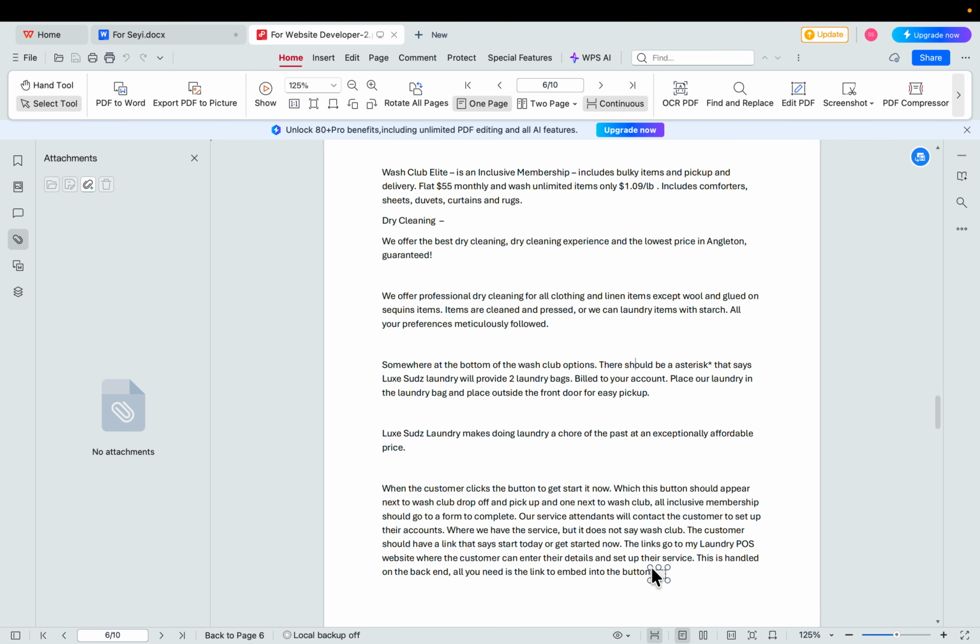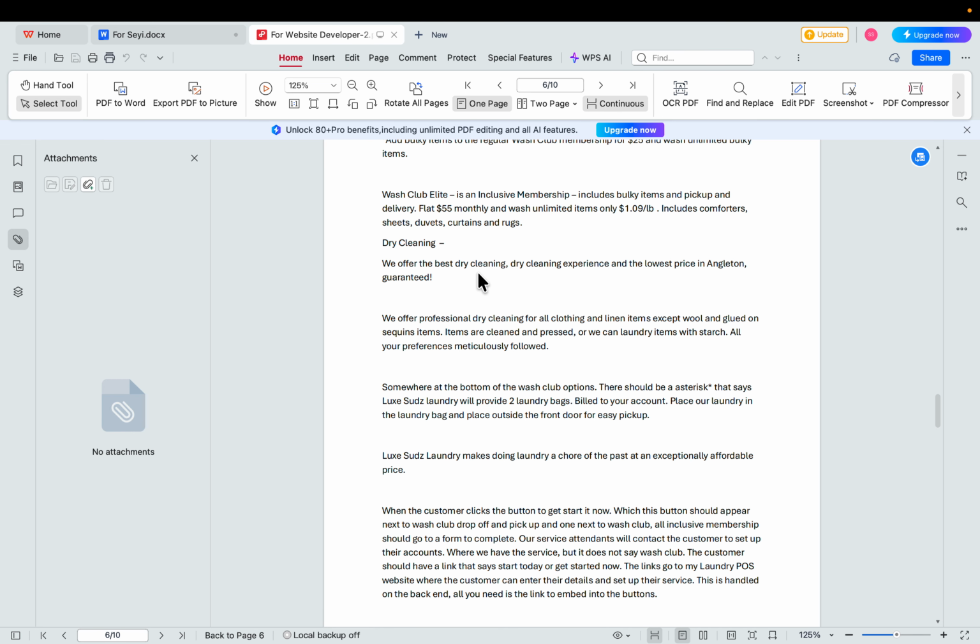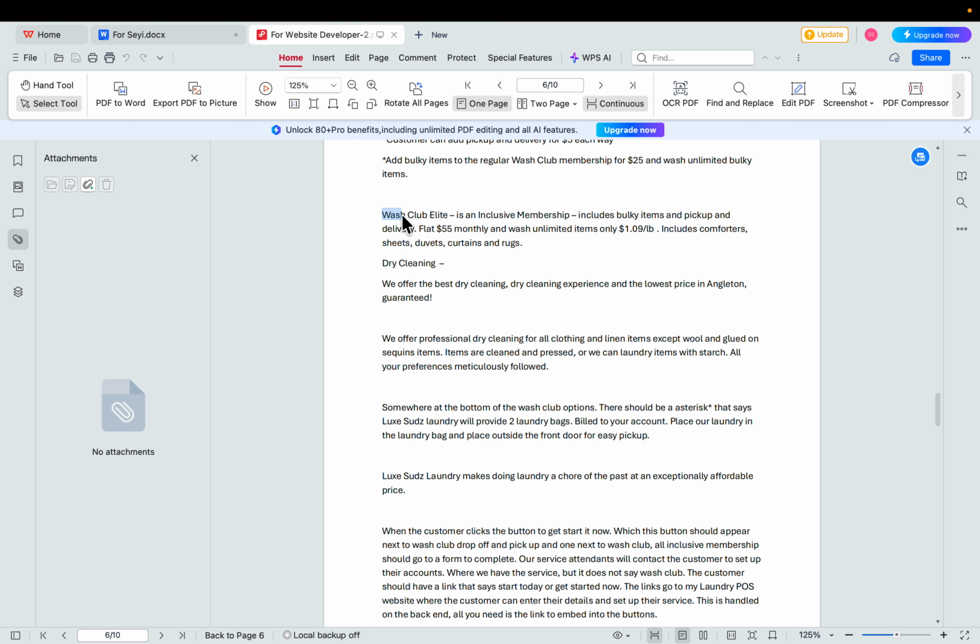But we'll see. Okay, so definitely, if someone clicks on the Wash Club button, it can take them to a form whereby they can fill in their details, and maybe after they fill in their details, you can send them the link to the POS. Is that what you are saying? Yeah, that could work too. And this one can be a simple pop-up. It can be that cheap pop-up that we talked about. It can be that thing that pops up and they just enter their name, phone number, email address, service address, that kind of a thing.